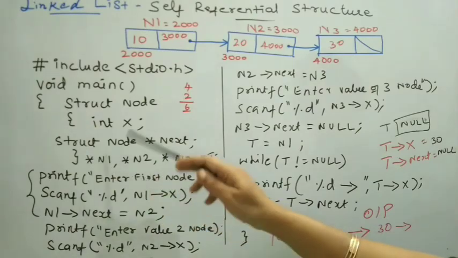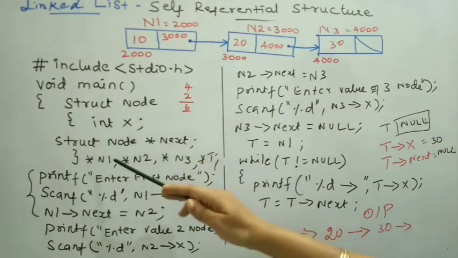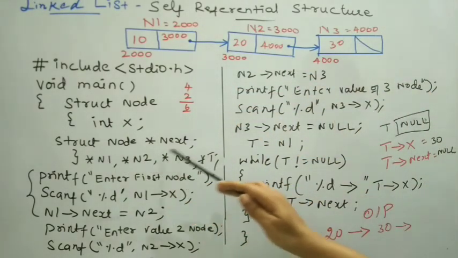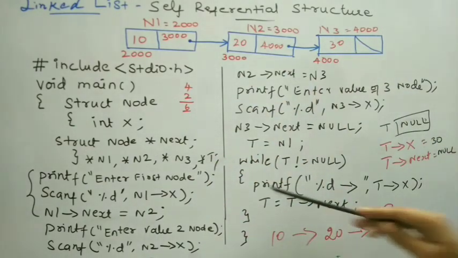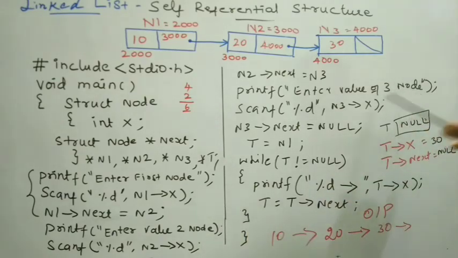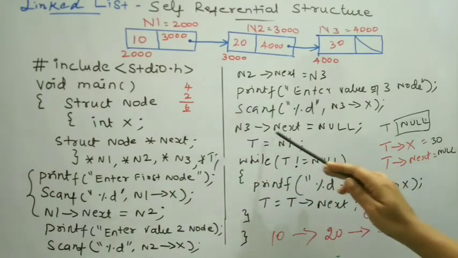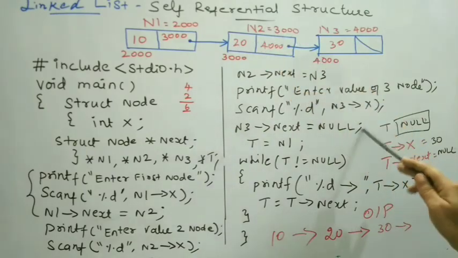As structure variables, I am going to define three pointer variables for this node structure. Why is it so? In my linked list, I want to create three nodes. n1, n2, n3 are pointer variables for this node structure, that is node. Using these statements, I am getting values for the first node, then the second node and third node. While getting values, I am getting a value for the data member x of this node, and then the next data member will be pointing to the memory address of the subsequent node.